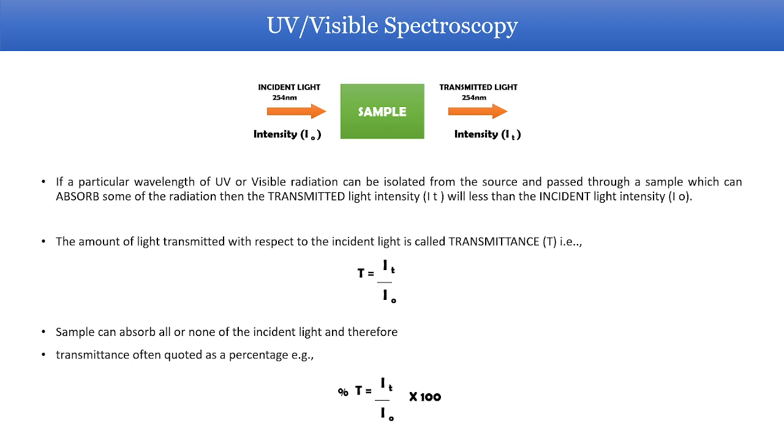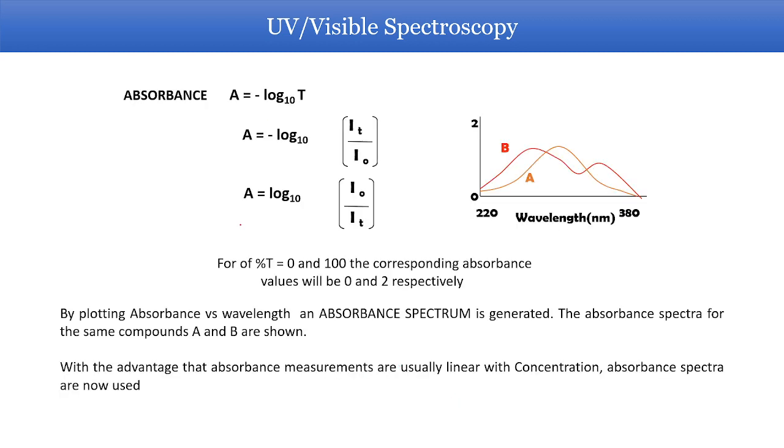Next, we talked about the most important equations. We have transmittance. A particular incident light is passed to the sample, and this is the transmitted light. I0 is the incident light, IT is the transmitted light. So it can be equated as T equals IT by I0. Then transmittance can be calculated as percentage, where percentage transmittance equals this. Now this is transmittance, but what we need to get is absorbance. So absorbance can be equated as A equals minus log to the base 10 of transmittance, and then when